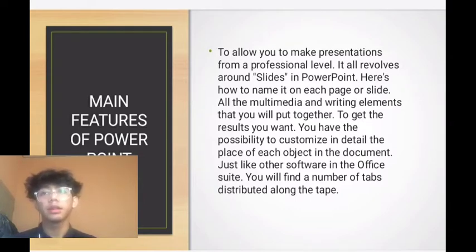To get the result you want, you have the possibility to customize in detail the place of each object in the document. Just like other software in the office, you will find a number of tabs